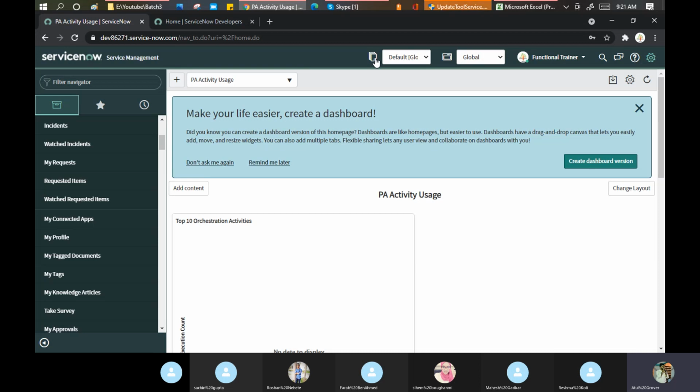The same way, update set works in ServiceNow. Update set means a functionality where I capture all my configuration and all my customization, and I move my code from one instance to another instance. Now the question comes, Atul sir, what do you mean by one instance to another instance? Let's take an example.